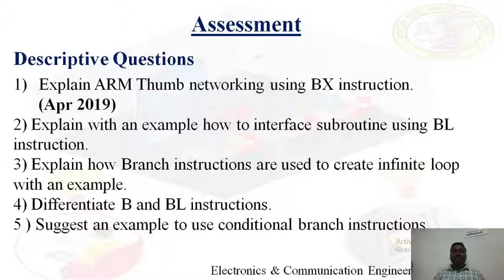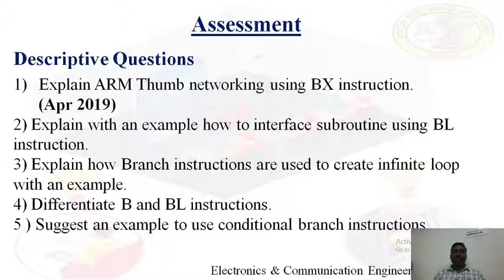Explain how branch instructions are used to create an infinite loop with an example. That is B backward, what we have shown here. That is what is used to create the infinite loop. B is an unconditional jump. Then the fourth one: differentiate B and BL instructions. B is an unconditional jump, but the return will not come.